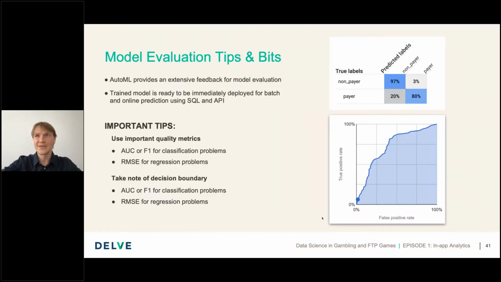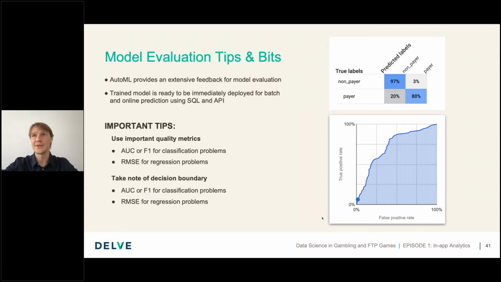So once a model is trained, and this process is really easy, so I will not detail much there. Mostly it is one click away from building a model when you have a table in BigQuery. The model reveals some important metrics like distribution of predictions or error matrix, where we predict just a reduced use case, payer or non-payer. This could be LTV classes, high, mid, or low value.